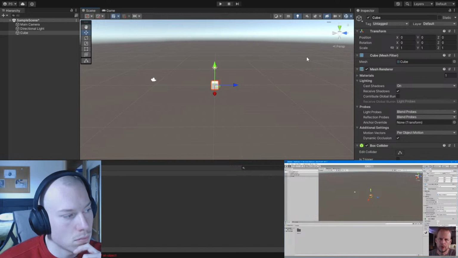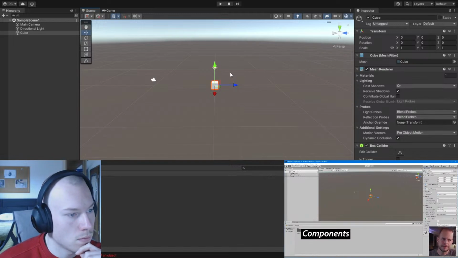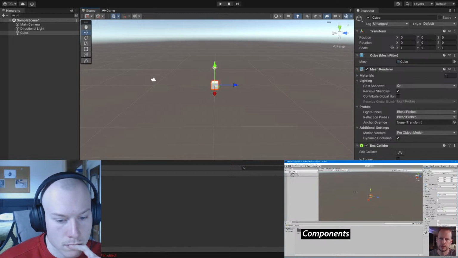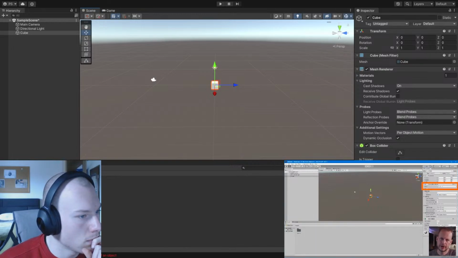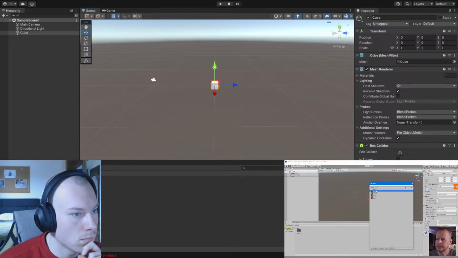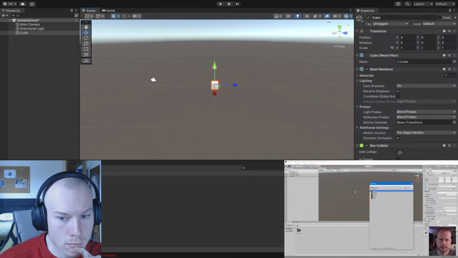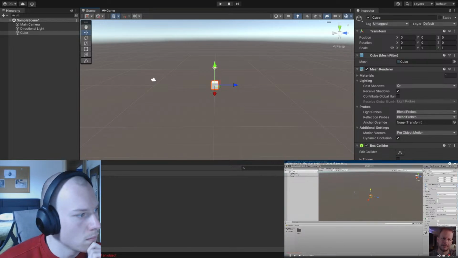And we can also see a few other things here in the inspector. And when you create this default game object, or the cube, not only did it add this transform automatically, it also has a bunch of components here. It's got something called a mesh filter, and this is telling the graphics card what type of a mesh it should be rendering. And in this case, it's a cube. If I click on this little button here, you can see that I can select a few different meshes here. And these are the default primitives that come with Unity. And later on, when you make your game, you'll probably import 3D objects from Blender or something like that. And if you do that, then they will also show up here. So the mesh filter tells the graphics